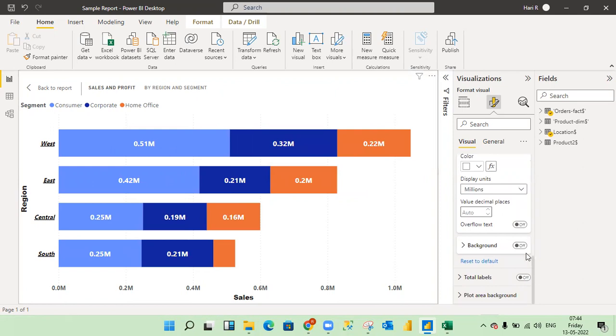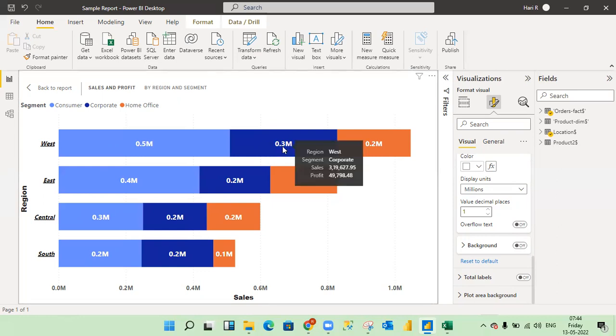If you come down, decimal place, that is how many digits you want. Let me put it back to only one. See, after that we can see only one decimal place. If I give 2, it will give 2. Okay, overflow text. If you put it on this